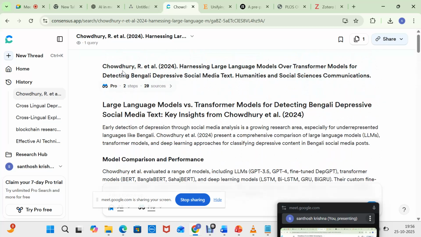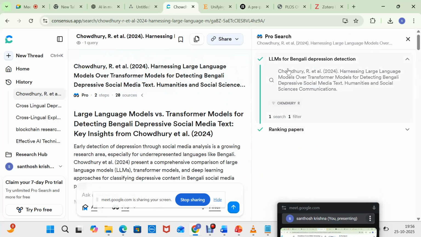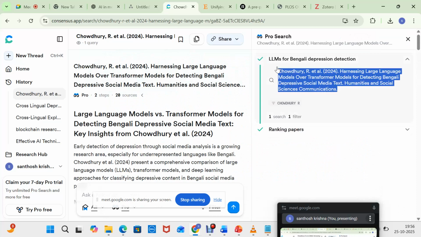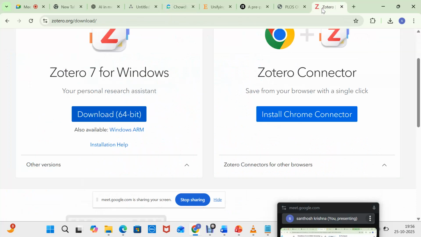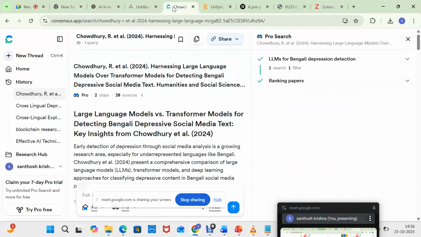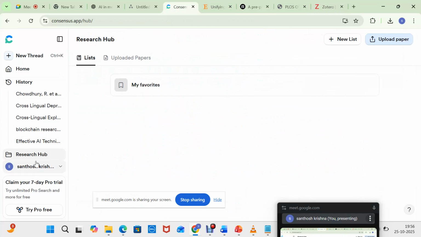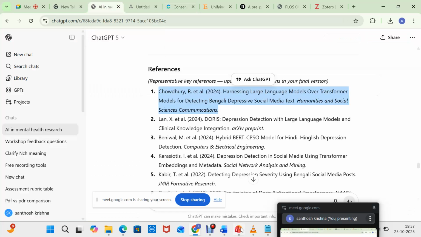Then now what I can do, if the pro version is there, directly it will go. Otherwise, what we can do, the same thing you can copy and put it here. See now, in your Consensus, one option is not available in the normal version, where connect to Zotero will be there. Directly this will be connected to Zotero in the pro version. Understood, sir? We can connect it to Zotero directly in the pro version, sir. Okay, fine.